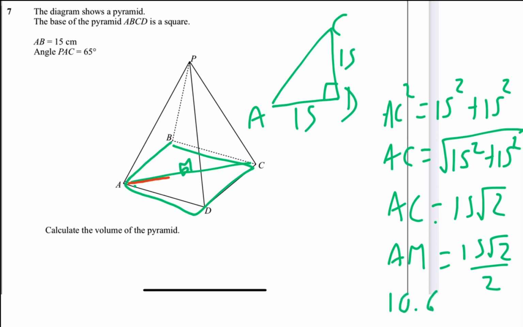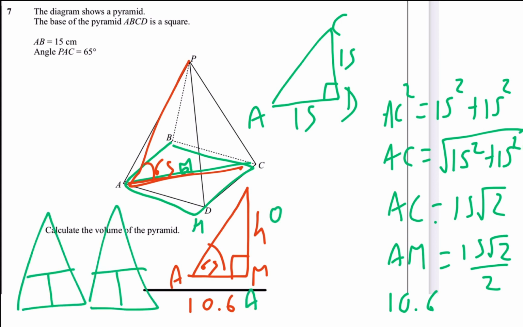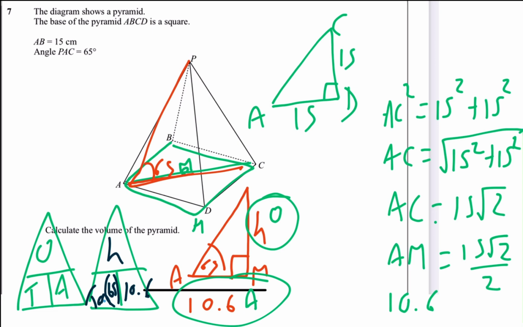So what we're now going to do is go to the midpoint from A to M. We'll work out what the height is. So A to M is 10.6. The height is what we need. We've got the angle PAC, which is 65, so here is 65 degrees. We use SOHCAHTOA again to work out the height. So I've labeled the hypotenuse, opposite, and adjacent. We need the opposite, and we've got the adjacent. We use TOA again. If I fill it in, we end up with tan 65 times the 10.6. So I get a height of